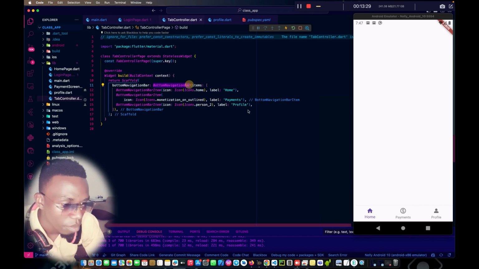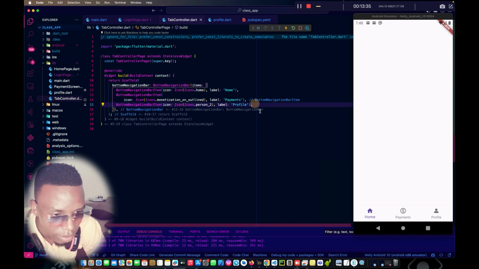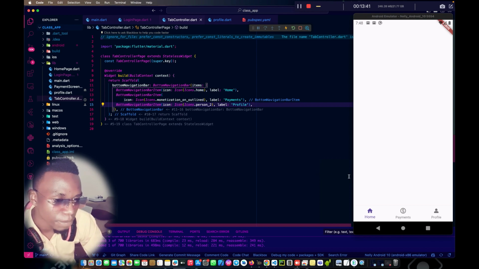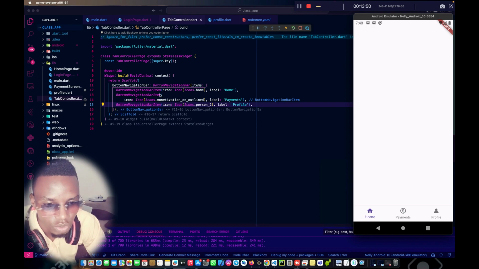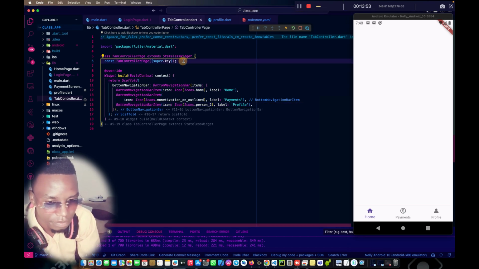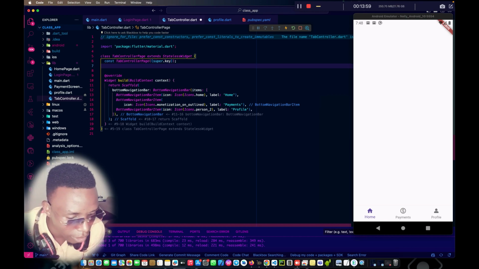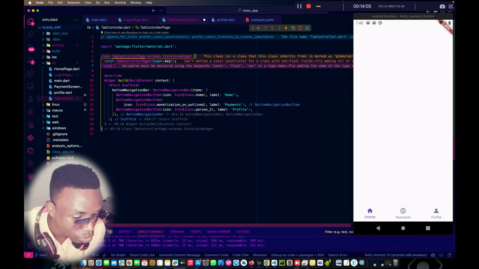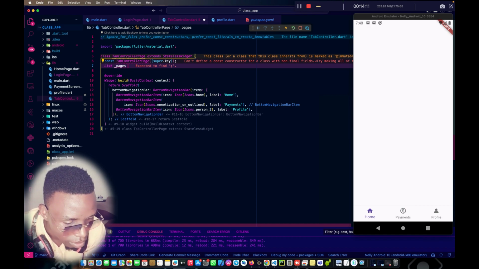Tab controller. Okay. It doesn't have a body, but it has a navigation bar, whatever it is. So inside here, we're going to create a state that helps us to change the scaffold of this tabs controller. So what we're going to do, we shall initialize, make a list of these pages. So we shall create a list. I remember we looked at how to create lists as well. So we shall say list pages, maybe equal to that,